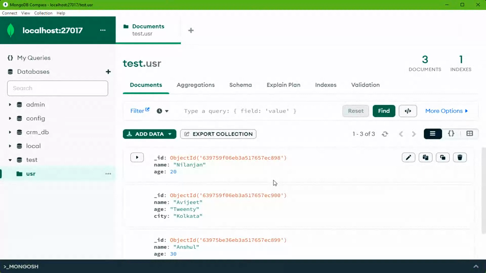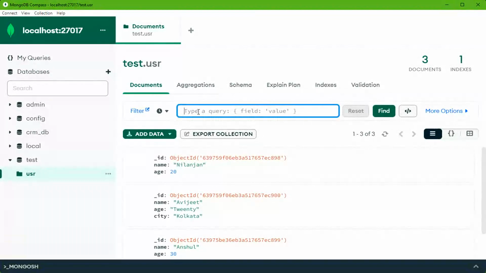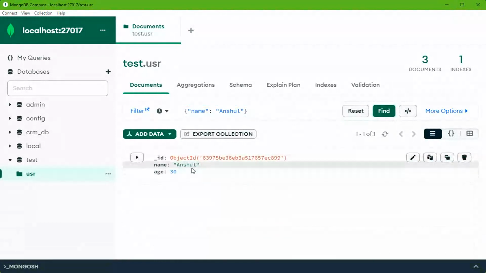Aradhya, yeah, the edit part works because there is no locking. You just lock that file itself, update it, and open it up. Okay. Find is also there. You can filter some documents. Suppose I want to filter. I've only inserted a name, which is Anshul. I only inserted the document of Anshul, so I can find Anshul here. Now my document, which has name as Anshul, will come up. Okay.